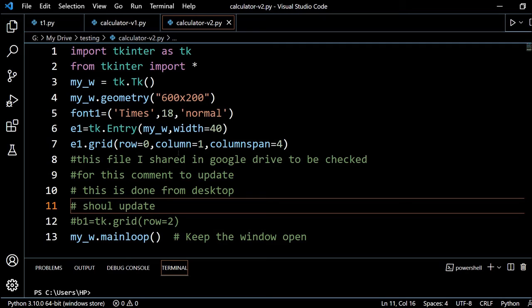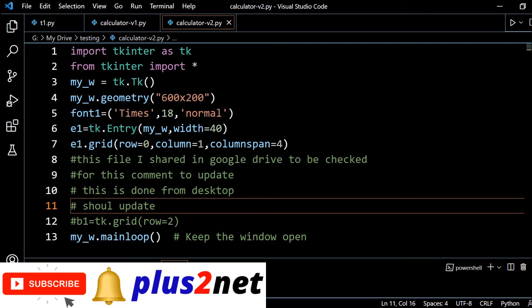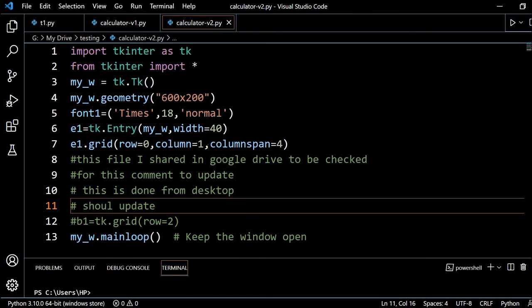Right now I have the files I was using on my desktop. The important thing is, whenever I update any file here, the same file will also be available on my laptop automatically. I don't need to sync or update it manually. The update happens in the background, and I should be connected to the internet. Even if I am working offline, the moment I connect to the internet, it will update. That's the advantage. That way I always have the updated files on both my desktop and my laptop.